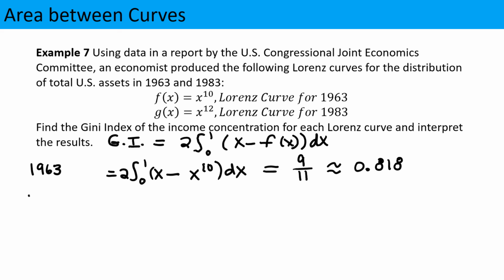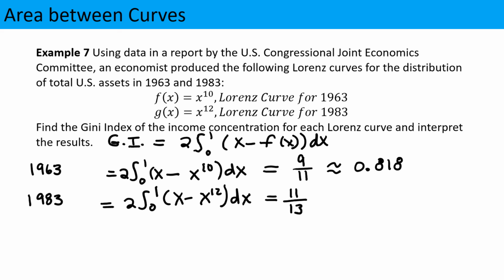Let's repeat this for 1983. That is, we want twice the integral from 0 to 1 of x minus x to the 12th dx. Using technology, the exact output we get is 11/13, and that is approximately 0.846. The reading is that the closer the Gini index is to 0, the closer the income distribution is to